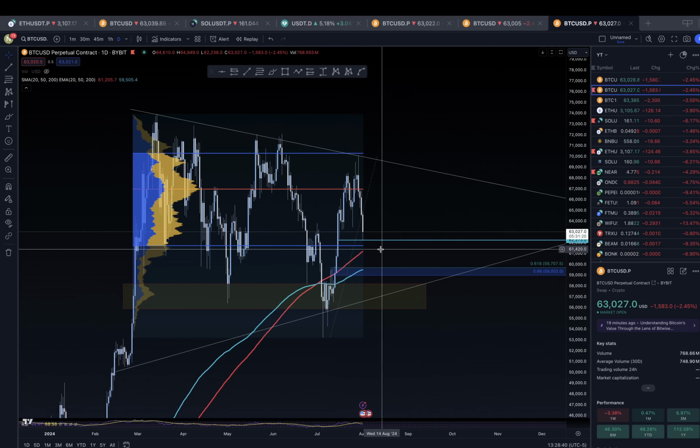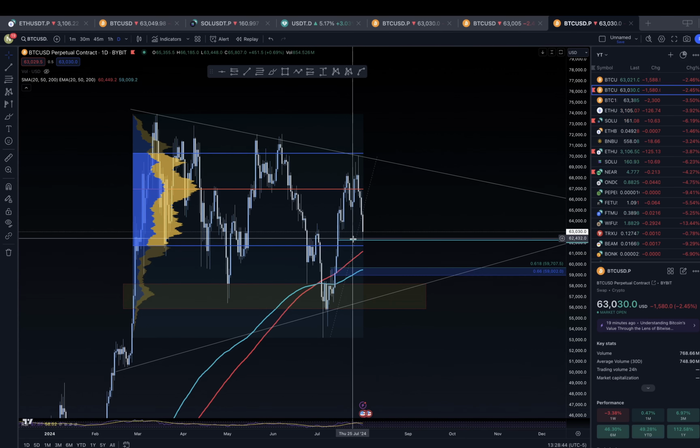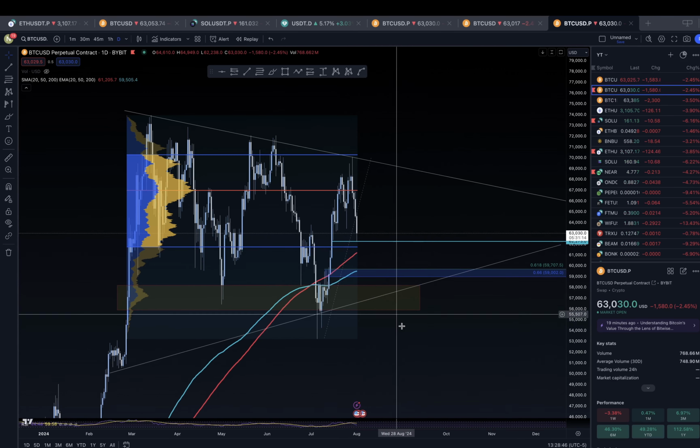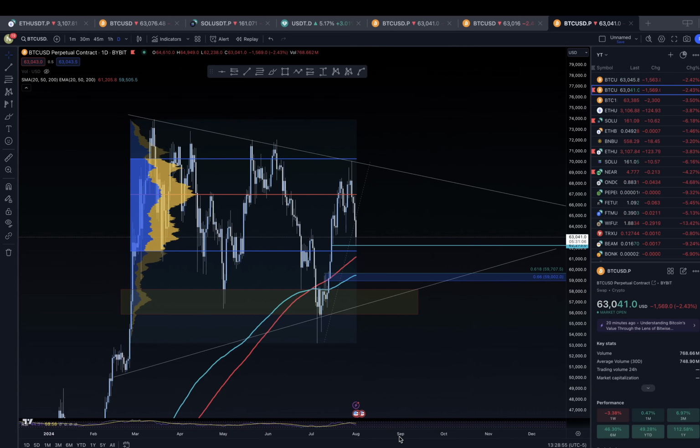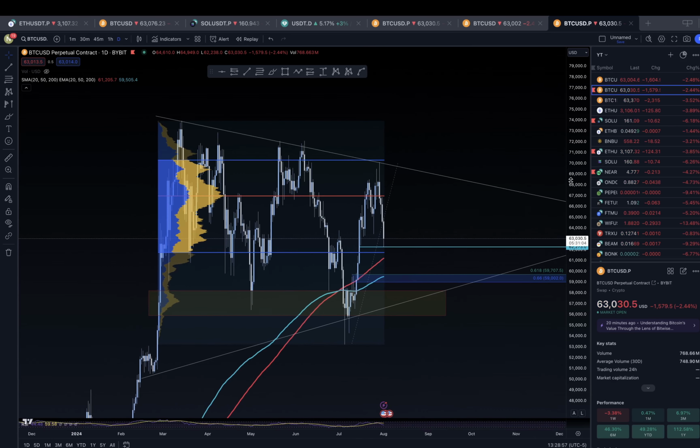Right now, I am not looking to take any fresh shorts now that we've hit all the liquidity pockets in this zone. However, I will be looking to add to my spot BTC bags in this zone, especially the lower we go around 58K. Other thing I wanted to talk to you guys about is people were like, okay, Neil,